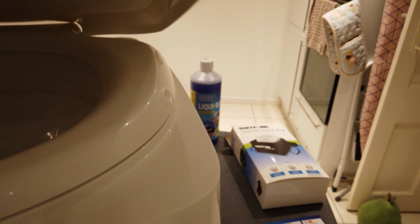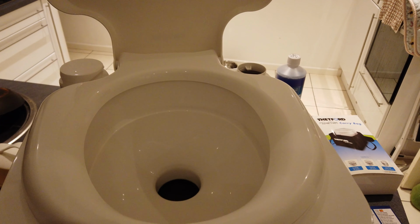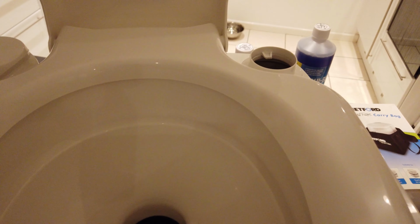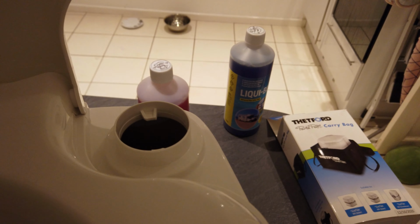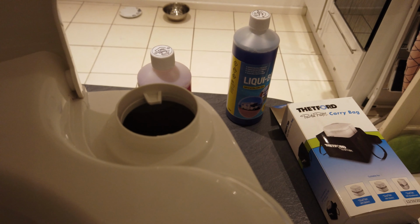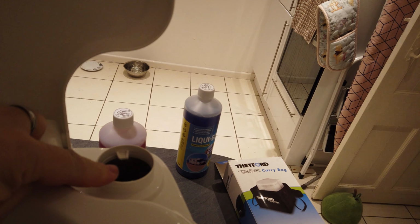So starting with the lid, you can put the lid up. I'll get this back in shot for you. You can see just the bowl and the trap where all the nasty stuff goes. The filler point here for the flush water and the pink fluid, and to the left here that's the bellows which helps you operate the flush. I'll see if I can do that maybe. So pump that one, that takes the water and the mixture from the tank in there